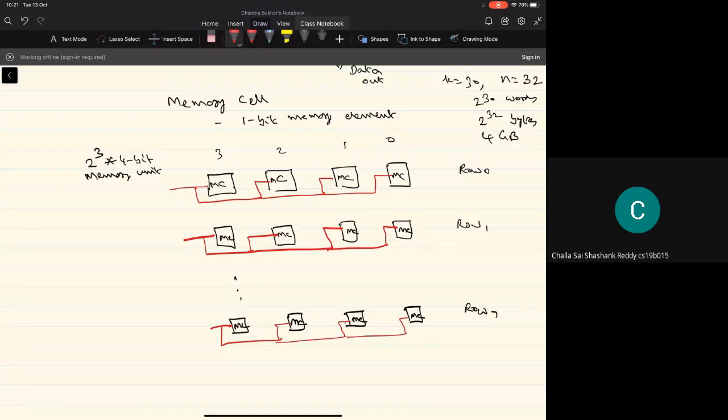Let's call these S0, S1, and so on up to S7. S stands for select.